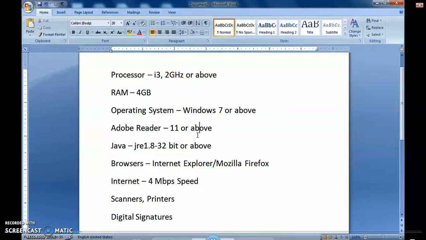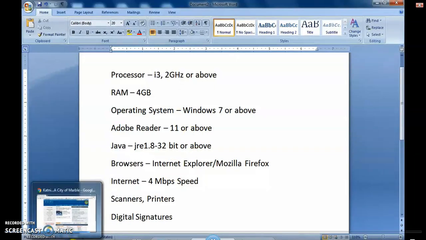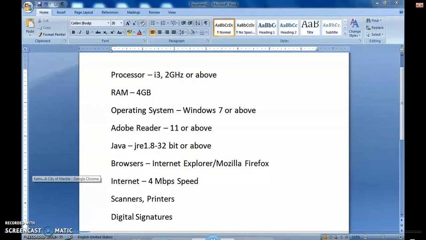So if your hardware is up to the mark, the other softwares which I will show you from here can be downloaded from the internet, which is not a big thing. Anyone who is technical in your office can easily download it, but we'll see it for the sake of this video.